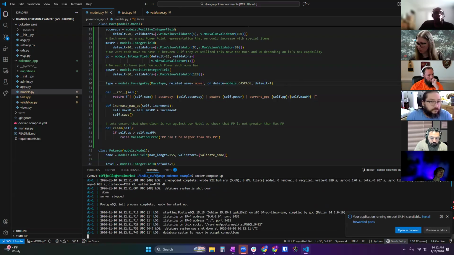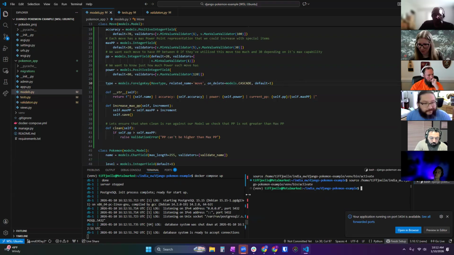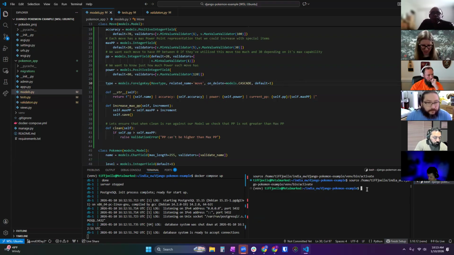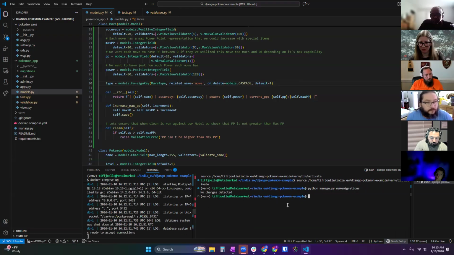Oh, I didn't do, okay. Let's get out of there and go into this. So let's see if now I can make migrations, hopefully. If not, then I'll have to look into this. No changes detected. Okay, so why did it say that? If my database is new, I started a new database, I took down the volumes. Why is it telling me there's no changes detected?